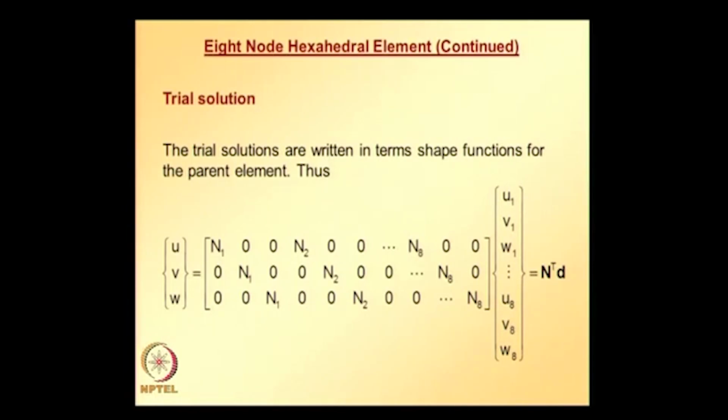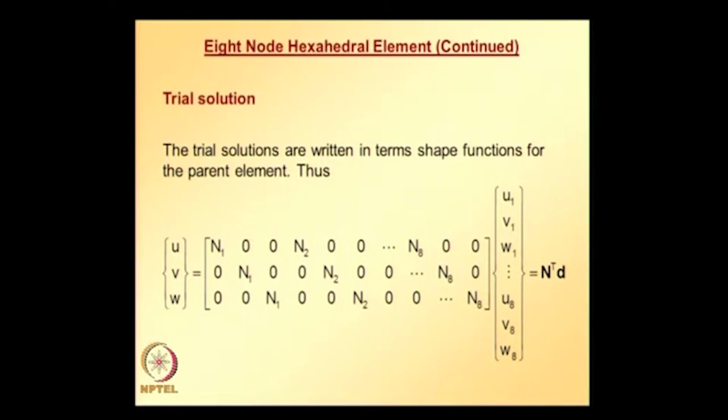The matrix consisting of finite element shape functions is denoted with letter N, and all the displacement components are put together in a vector d. So, the trial solution can be written as N transpose d,